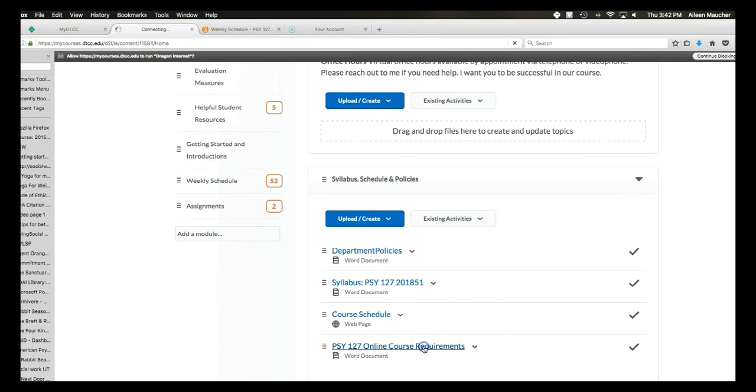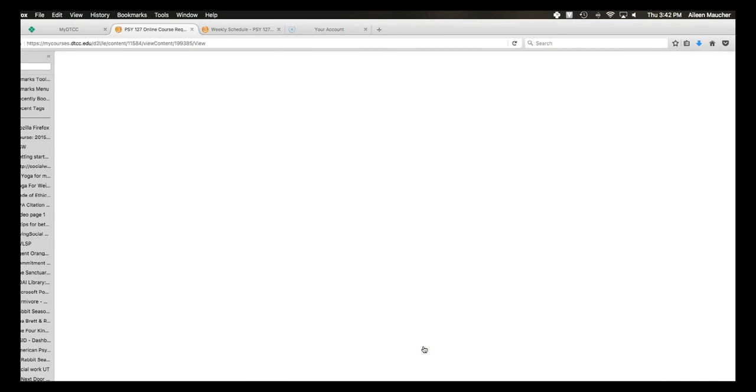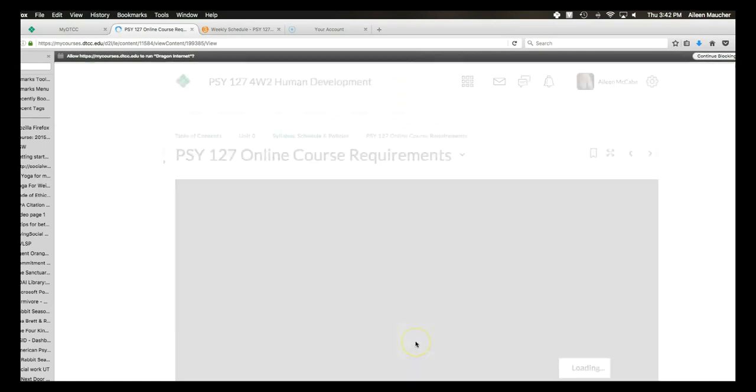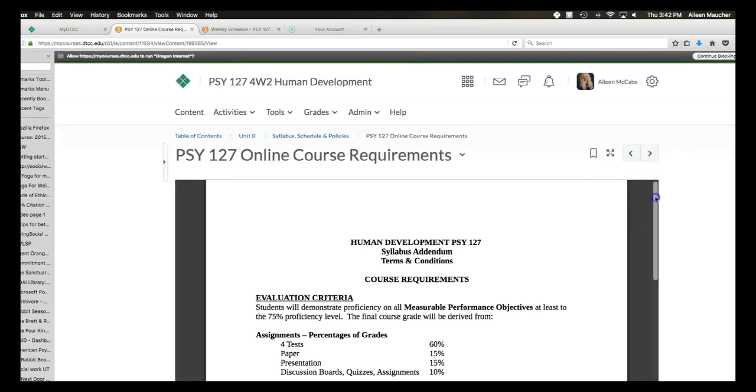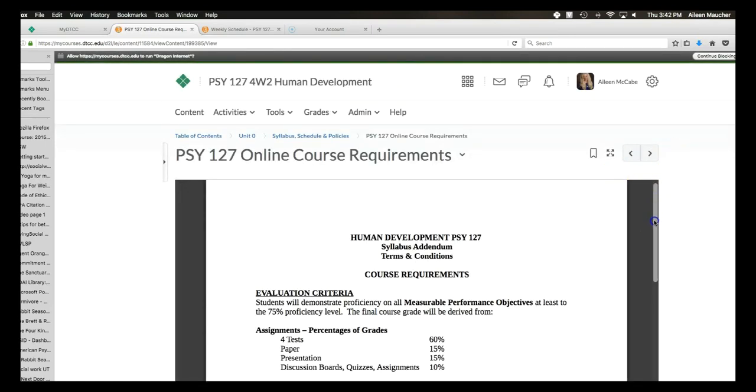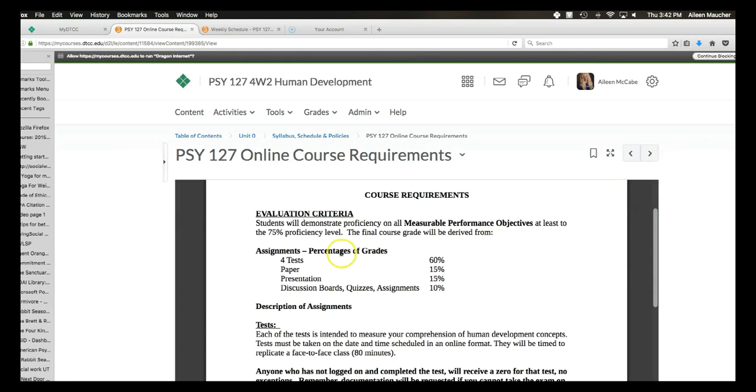One thing I do want to go over is our online course requirements, because this shows you how you earn a grade in the course. This includes all the evaluation criteria. You need to get a 75 or more in all of these areas in order to pass the course. We have 4 tests, worth a total of 60% of your final grade.